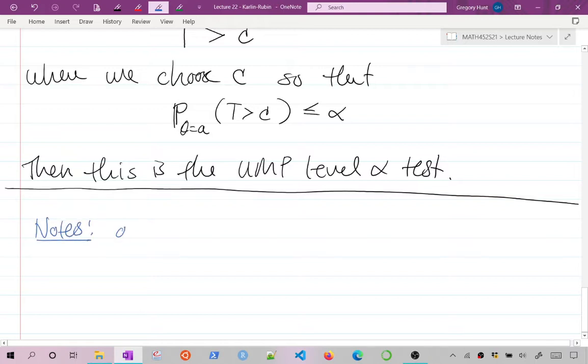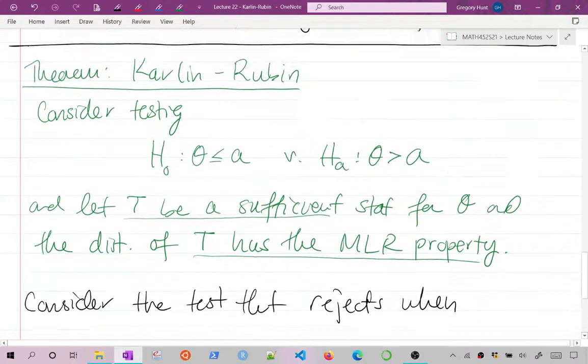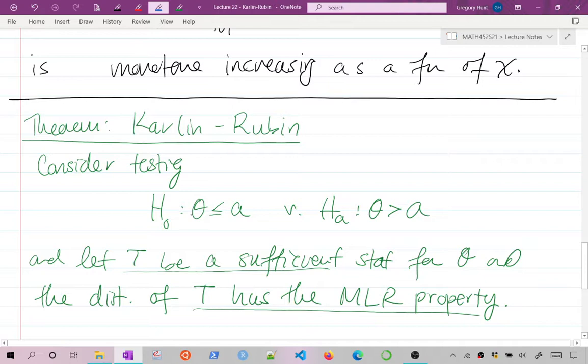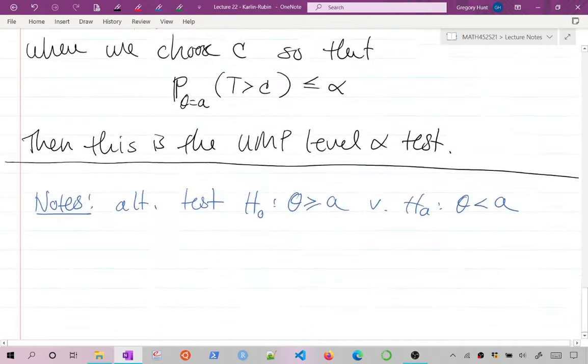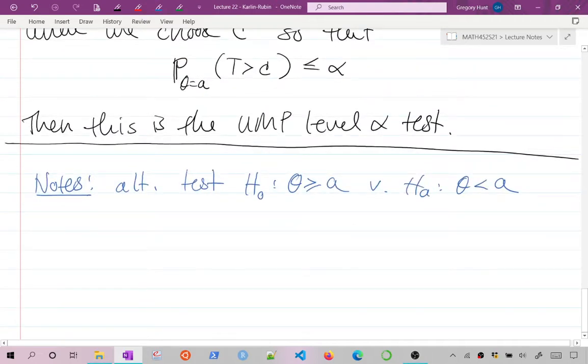is that we could alternatively say test H naught, which is that theta is bigger than some value A, versus HA, which is theta is less than value A, right? So I could flip my null and alternative. So up here I stated in terms of less than, the null is less than A and the alternative is bigger than A. You can flip it so the null is bigger than A, the alternative is less than A. And so you can test that by rejecting when t is less than some value c,